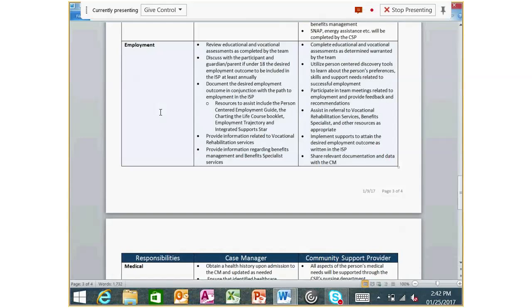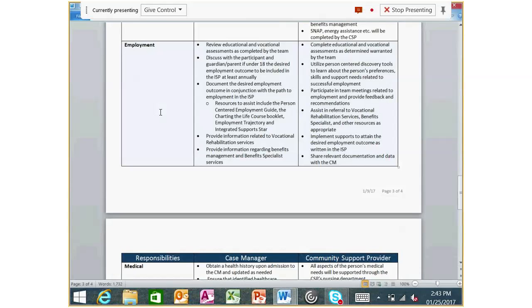The case manager would have the role of providing information related to voc rehab services, and also to provide some information regarding benefits management and referring to a benefits specialist if needed or requested, if the person wants or needs to learn more about how to balance their earnings with benefits,